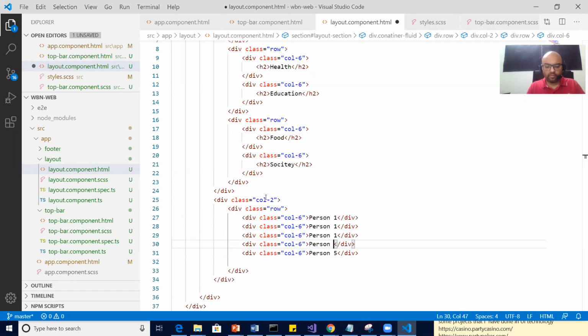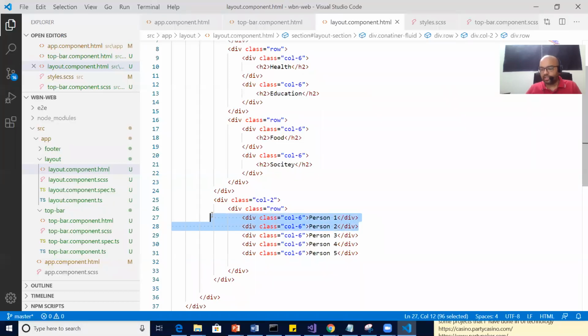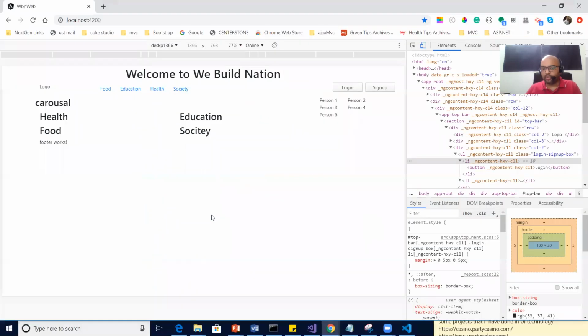You know what is going to happen now? Any idea? In one row, you might be knowing, we can have max 12 columns, correct? So 6 and 6, 12 columns, agree. But then I added one more 6, one more 6, one more 6. So I am trying to accommodate 18 more columns in a single row, where 12 columns are done with col-6 and col-6. Guys, you're getting my point or not?